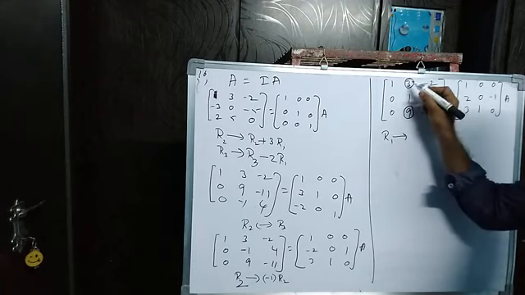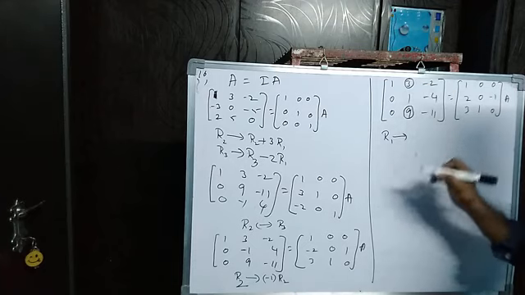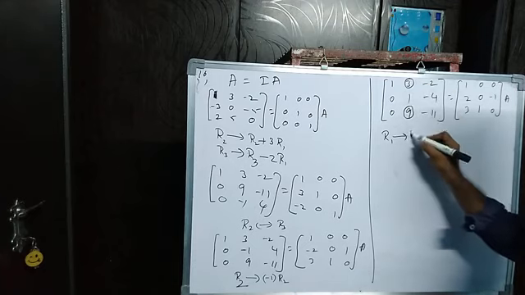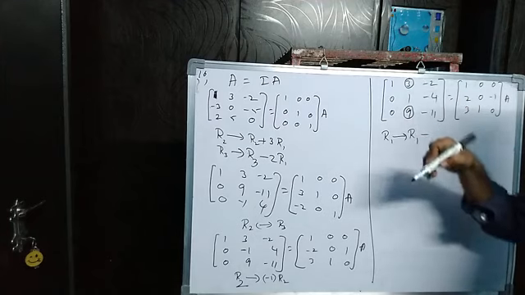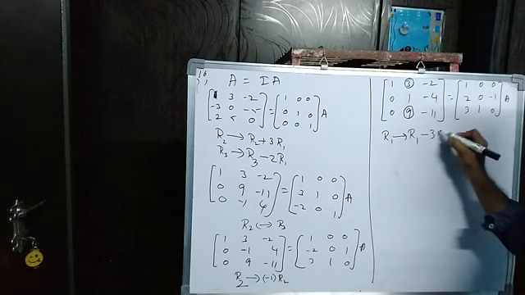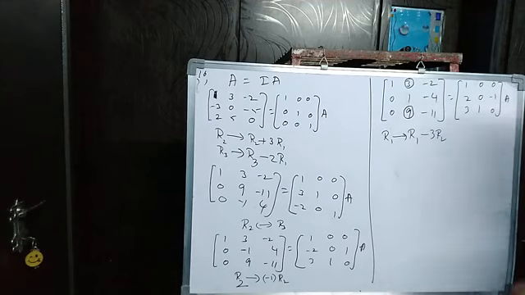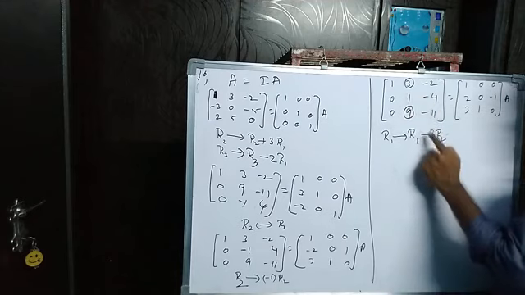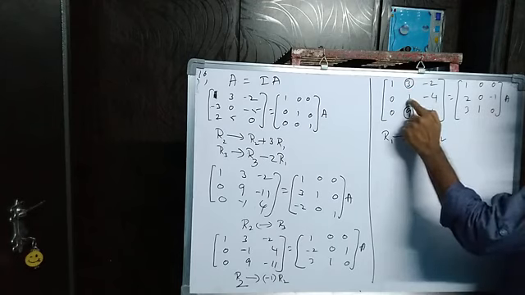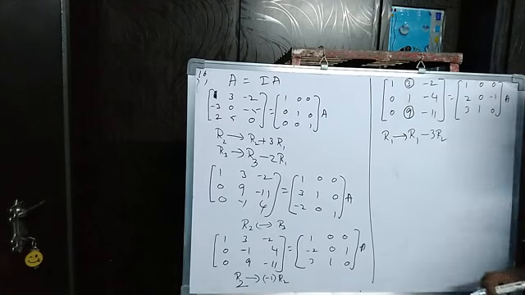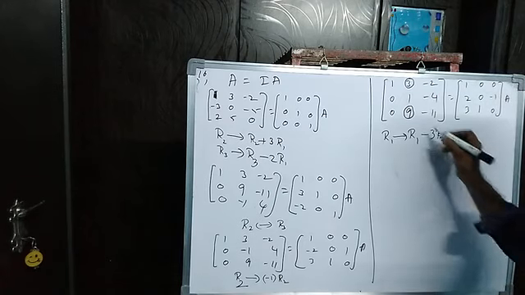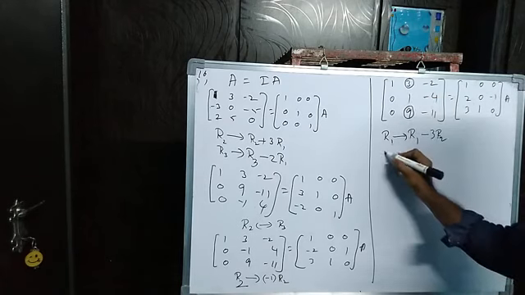So when will it be? That is why 3 where it is, R1. So R1 changing to R1 minus, that means 3 minus. R1 means R1, 3 is there, no? 3 minus 3 R2. R1 is 3 minus 3 into R2. Multiply with 3 here. 3 minus 3 is 0. We are using R2 here. Compulsory we have to use R2. Why do we have to use R2 here? 1 we made here. That is why.